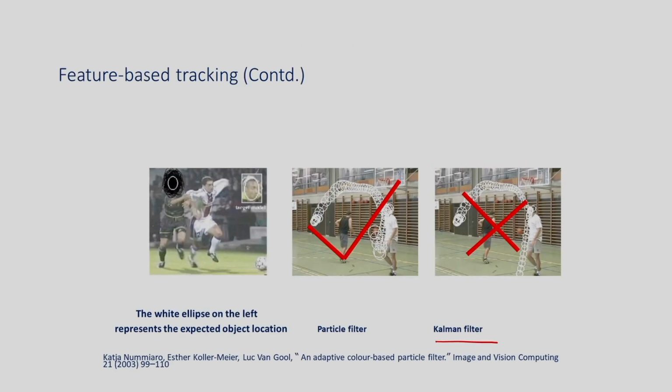Here you can see I am showing one example of feature-based tracking, the tracking of a ball. For this there are two popular algorithms. One is the Kalman filter, another one is the particle filter. In case of the Kalman filter, one assumption is the linear assumption, which I will explain later on, and also the noise is considered as Gaussian noise. Because of this, the Kalman filter cannot track properly if the motion of the object is very high. In this case it fails.